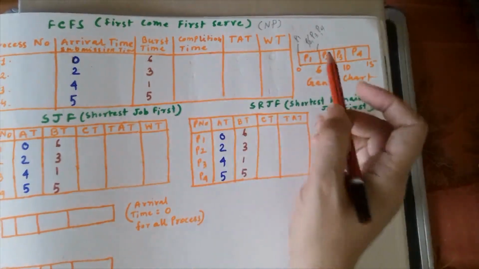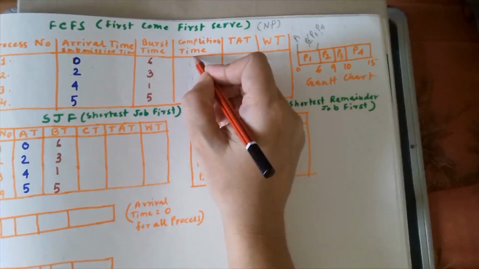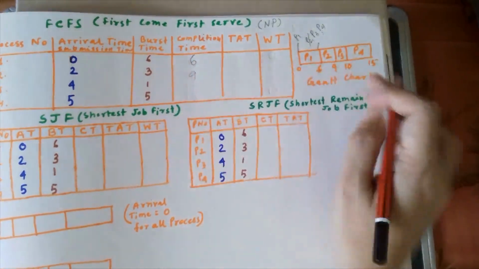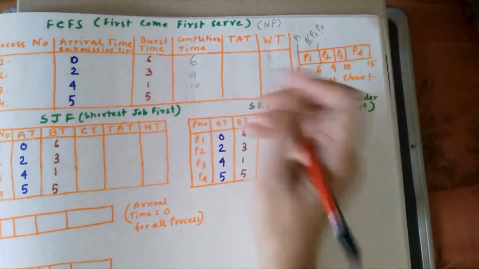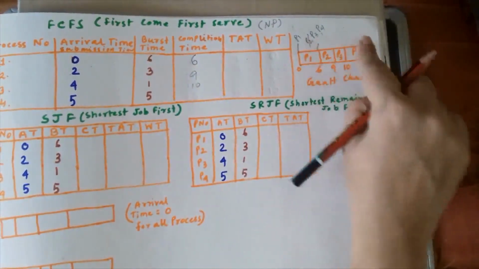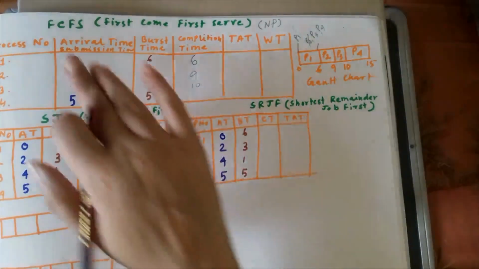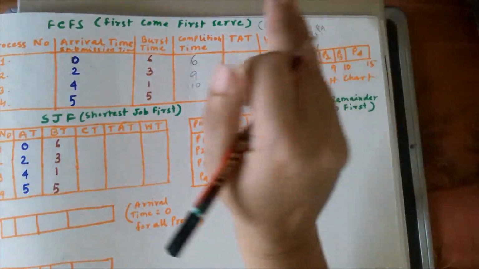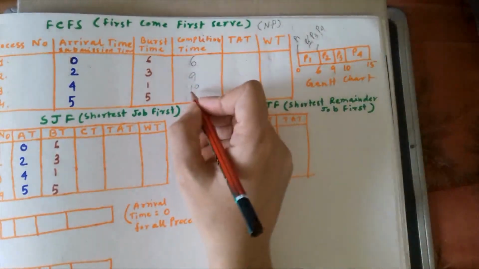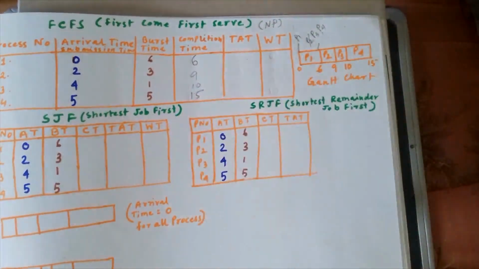Consider the completion time. So what is your completion time here? Completion time will remain the same, as usual, it will be 6. This is also 9, from the diagram you can see. Again and again I am telling, these are the burst times. In the chart, while drawing, you should have only the process and its burst time, no other thing. Arrival is for considering which one will be taken first or second, but it will not appear in the Gantt chart. So 10. So completion time for P4 is 15.